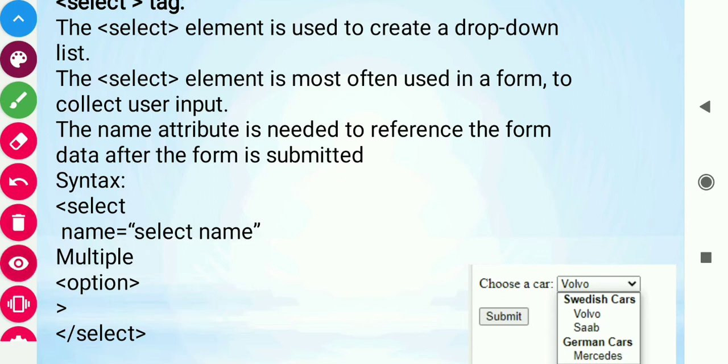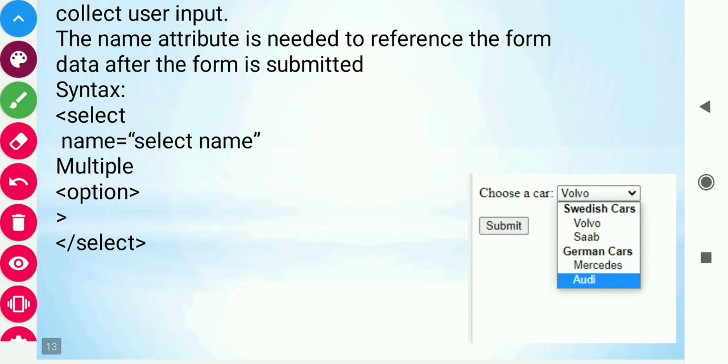For example, friends, you can see here it is one form. Choose a car is there, then a drop-down list appears in front of you where the different names of the cars are available. If I have selected the Audi car, I can select this at once. And if you want to select more than one option here, this multiple attribute is used. So in this way, if you want a selection list like that on an HTML form, the select tag is used and the output can be like this.